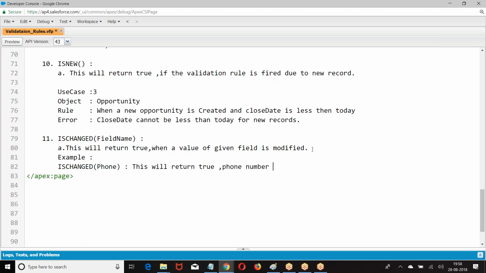Phone number is modified. Now I have a prior value. Now you modify: Satish is modified to Satish Maila. Now when you say name, you get the latest value, but I want to get the previous value.